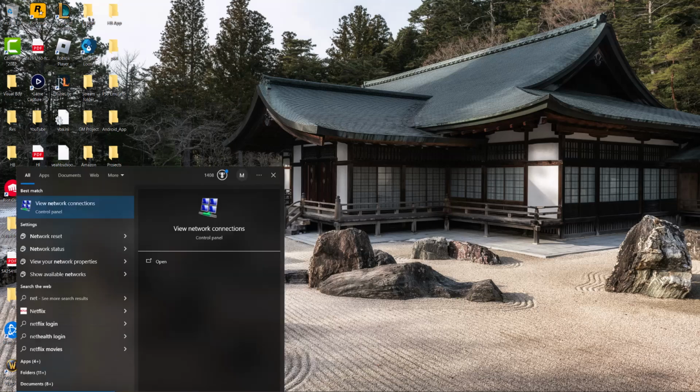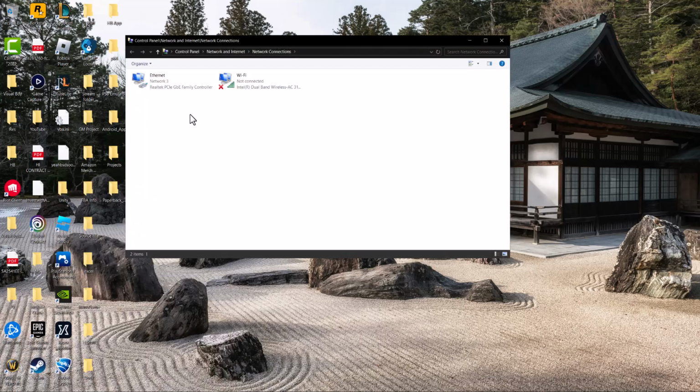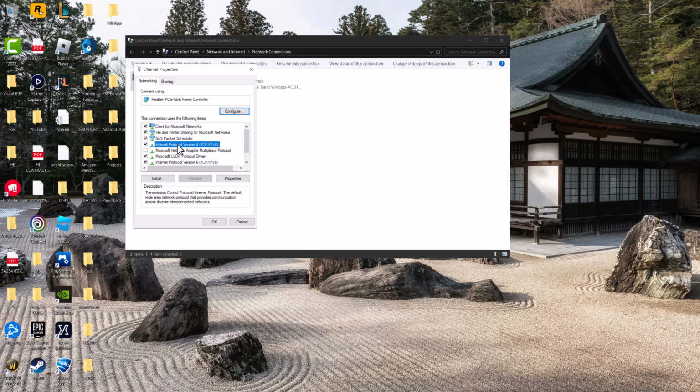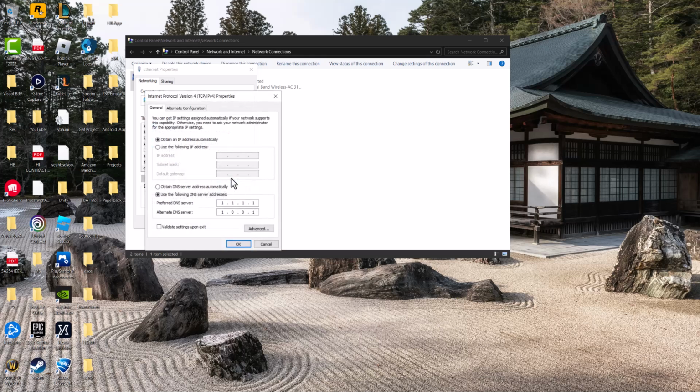The first one is to go to your search bar and type in network connections until you see this pop up. Once you have this pop up, right click whatever you're connected to, either Wi-Fi or Ethernet, and go to properties. In here, click Internet Protocol version 4, TCP/IPv4. Click properties, change your DNS server address from automatic to manual, and change your preferred DNS server to